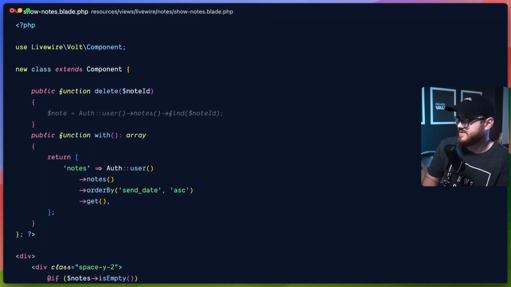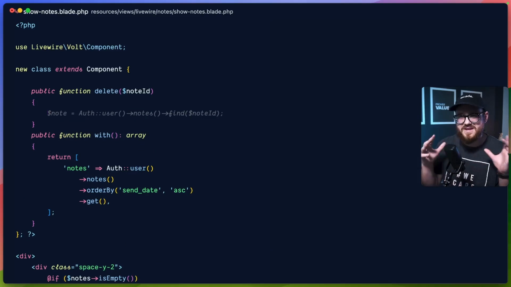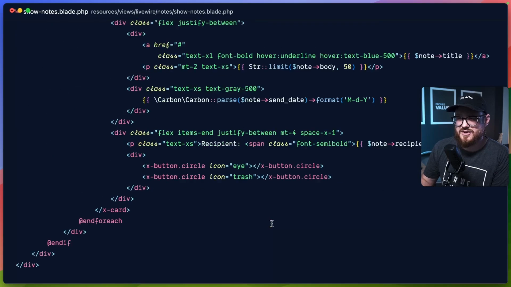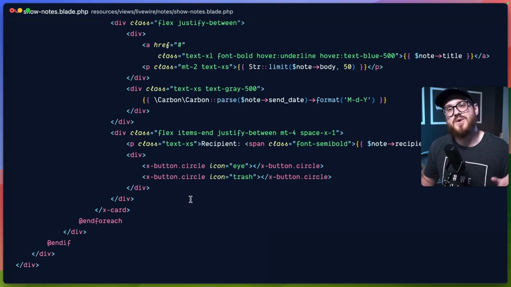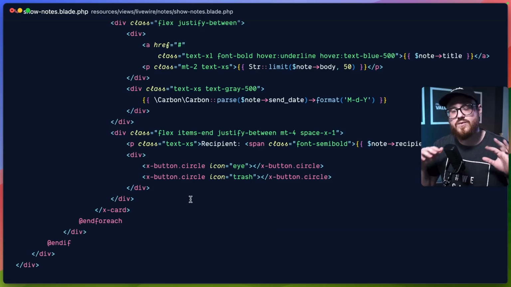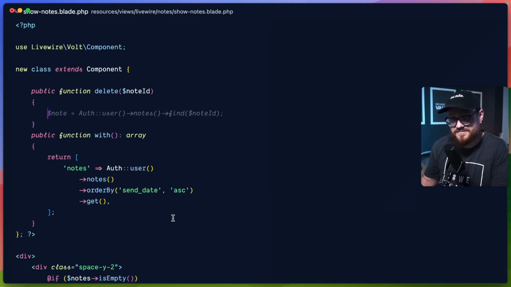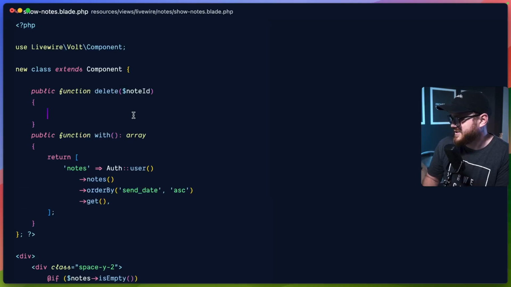So what we're saying is, okay, give me the note with this specific note ID. Since we're already looping through each note, we'll pass in the note ID. And obviously this is where we also want to have some security, because we don't want people deleting notes if they know the ID. We want them to only delete notes if they know the ID and it's a note that they have access to. But before we do that,